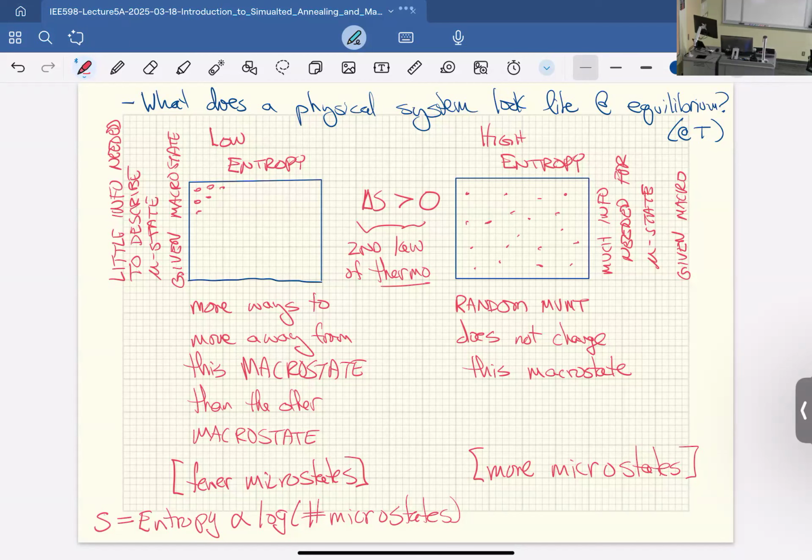Over here, there are so many different ways to be spread out in this macro state that you need many, many bits of information in order to specify what you are inside that macro state. So here you could say, oh, well, the gas was distributed everywhere. I'm like, well, if I need to know exactly where every single molecule was, it doesn't help me to know the gas is distributed everywhere, because there are a lot of different ways the gas can be distributed everywhere. I might need thousands of bits of information to actually specify the actual microstate of this situation here.